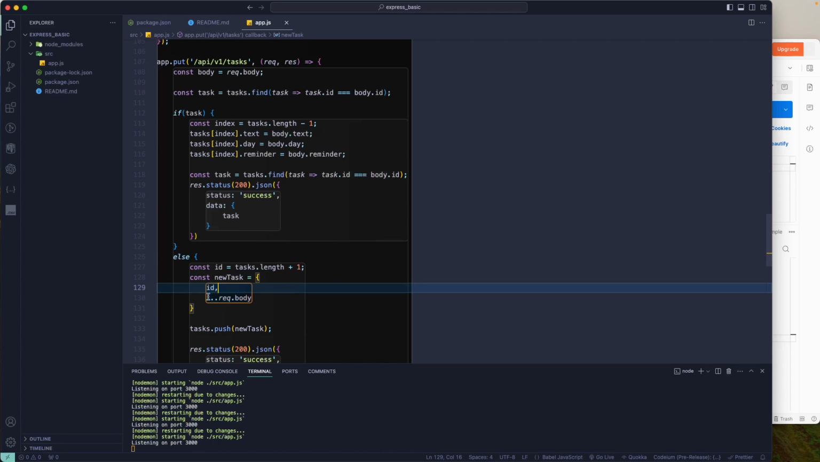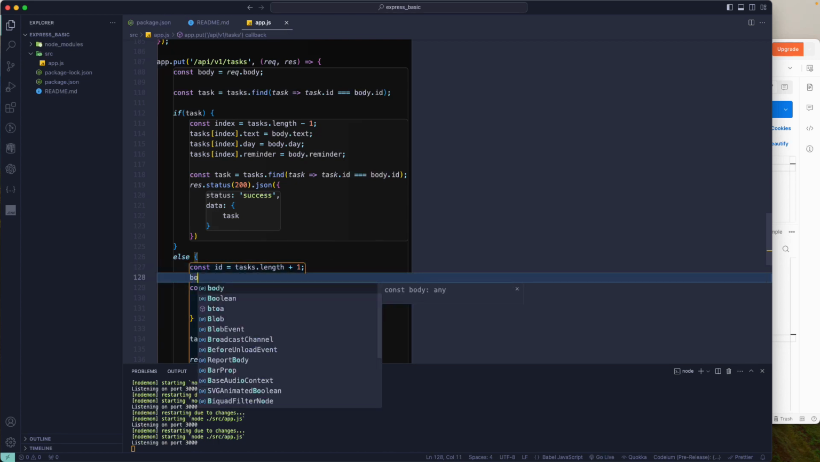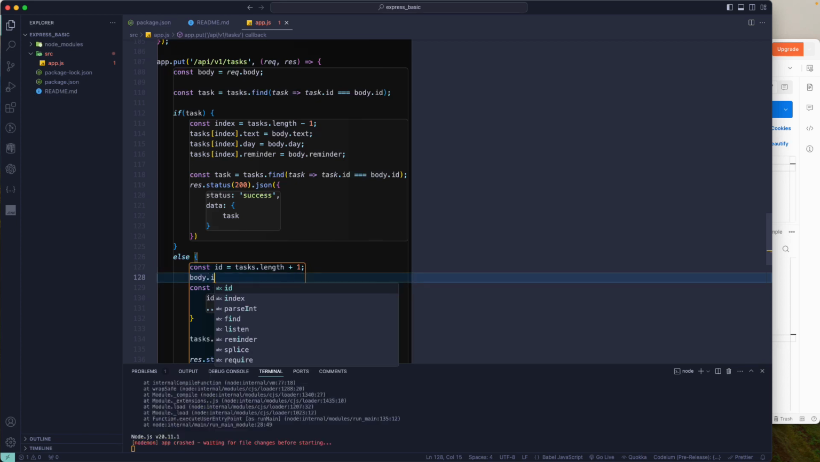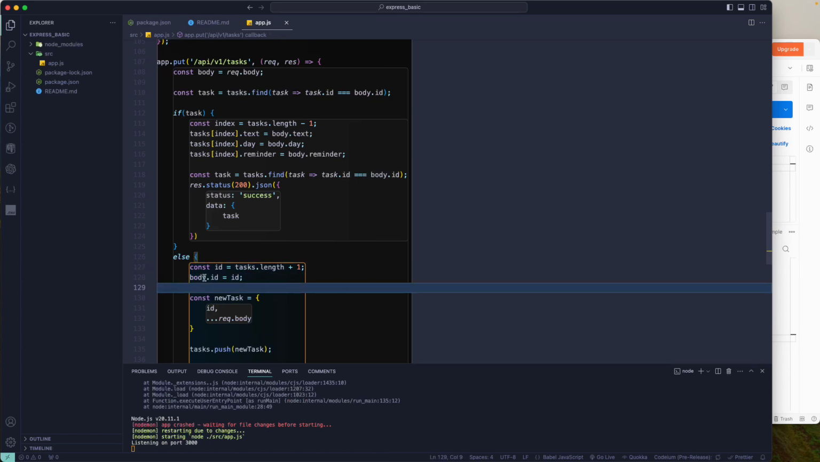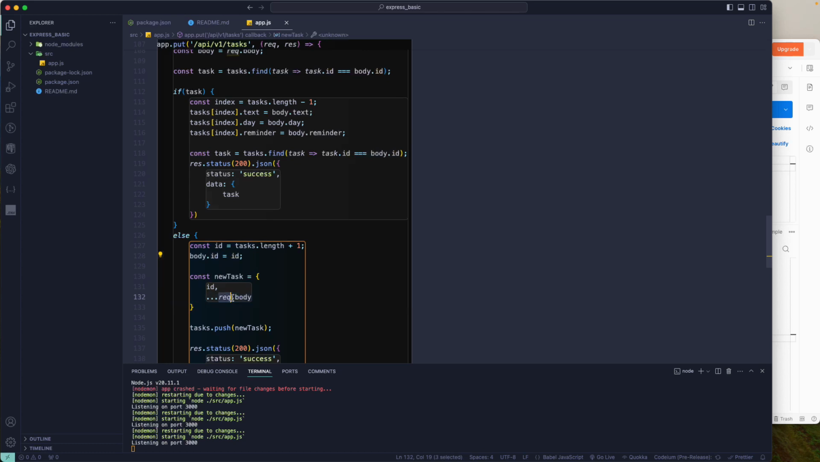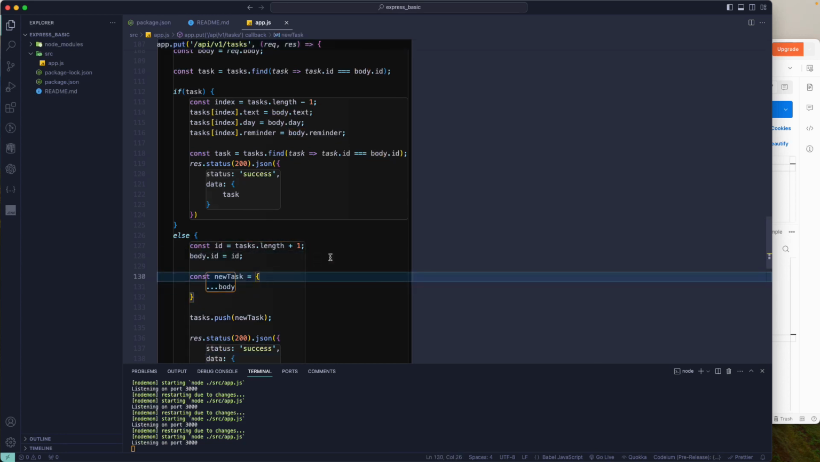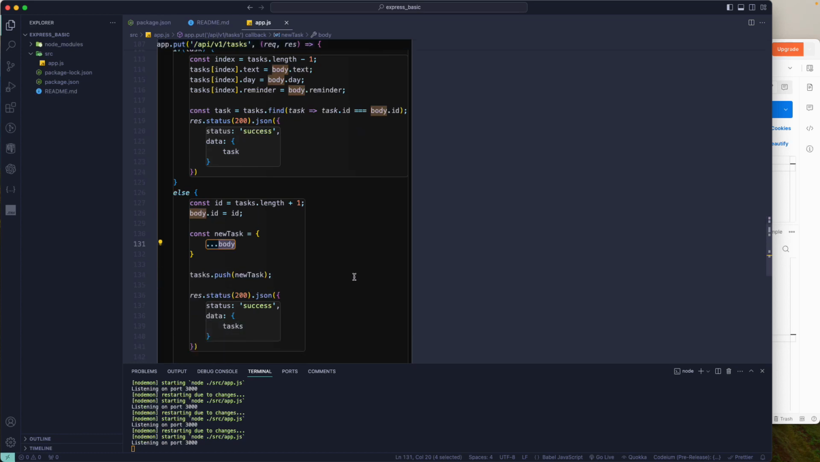So what we have to do is let's go and update the body. The ID will be equal to the ID that we have generated. So this is the new ID that we have generated, and we want to update the body ID over here, and this should be of the spread operator for our body over here. So this should add the new ID. So I'll just go and remove this particular ID from here, and this spread operator should go and add that particular over here. So that should be good enough, and we'll just push that particular new task,